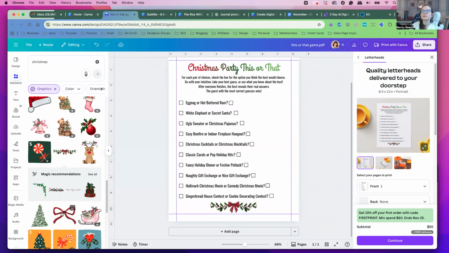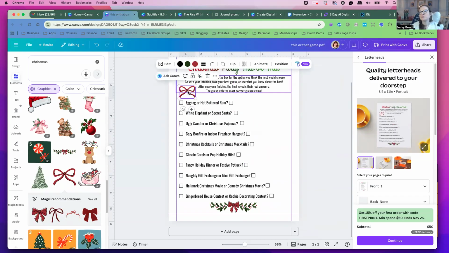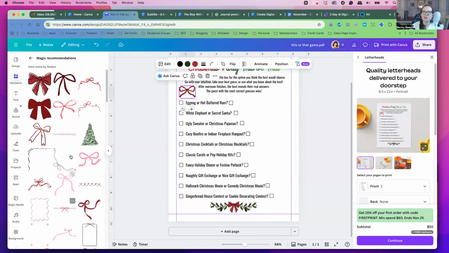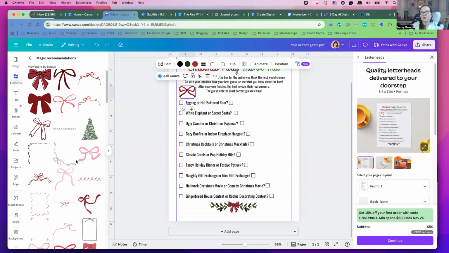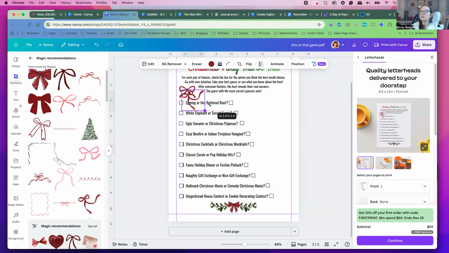And then yeah, I kind of like that ribbon. It kind of matches because it's like a script looking one that has like outside the line somewhat. You could also put that. And then these are magic recommendations. These are usually graphics that kind of look similar. Now does that look good? Does that match that? It's like the same shade.